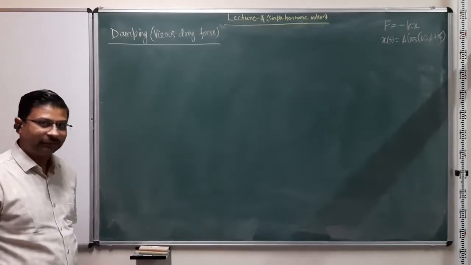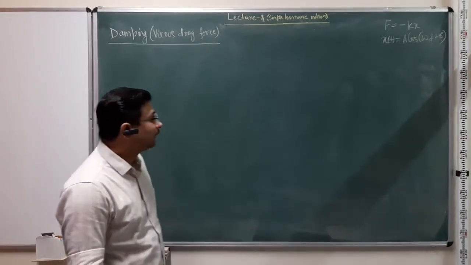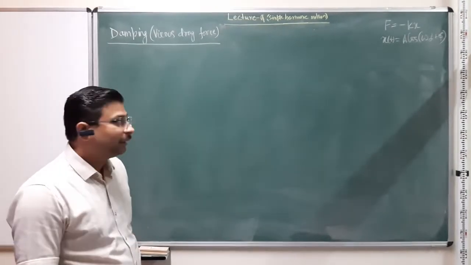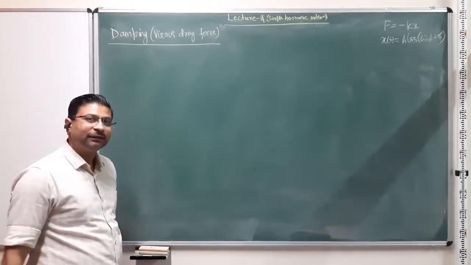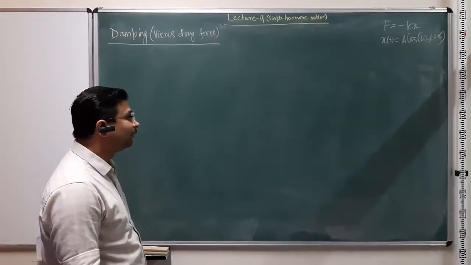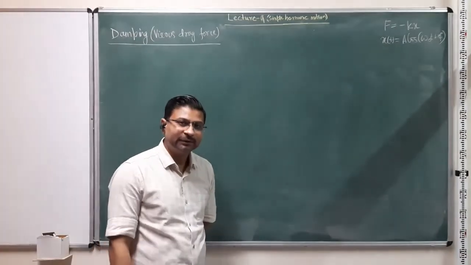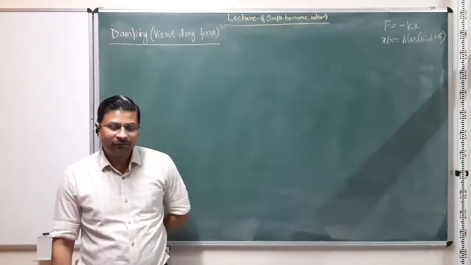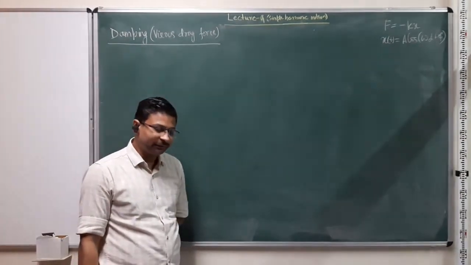Okay, so now what we are going to do is we are going to make this problem more realistic, and what that basically means is that we are going to add a dissipative term or a damping term in the equation of motion, and that represents nature more accurately. Right? So for example, we know two of these dissipative forces which normally act on almost every system that we encounter, especially all the mechanical systems.